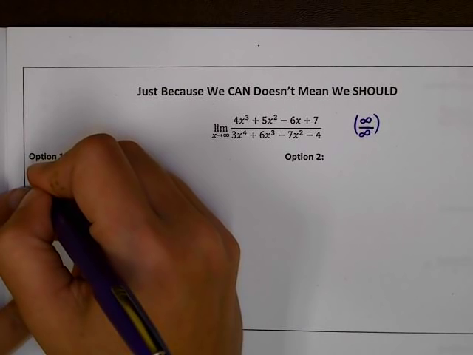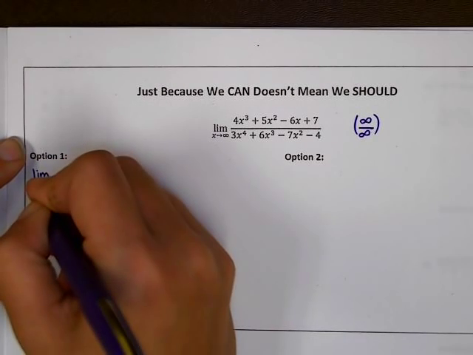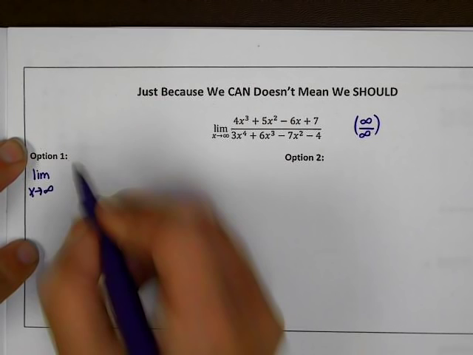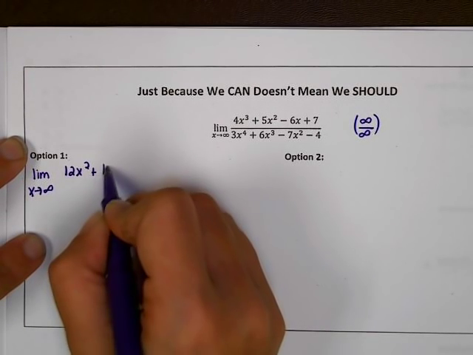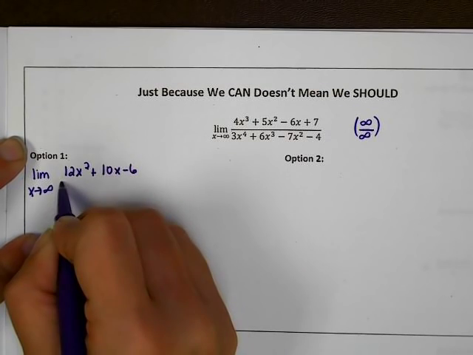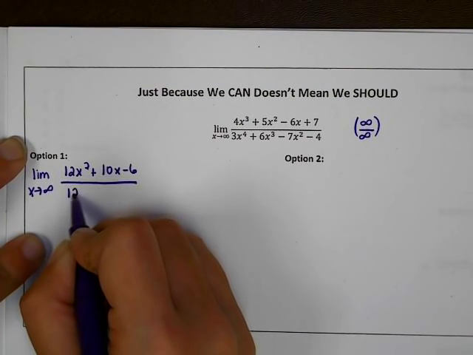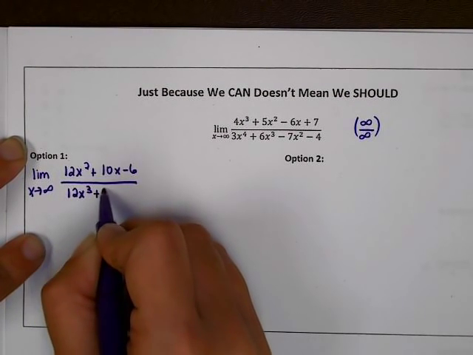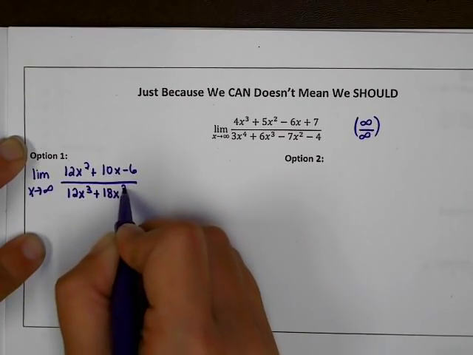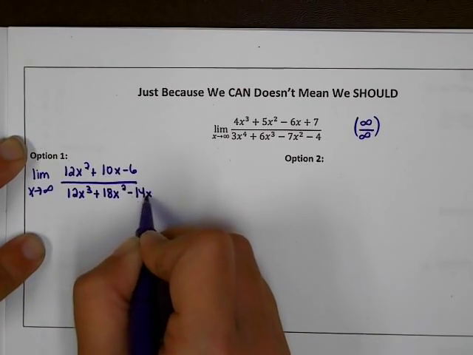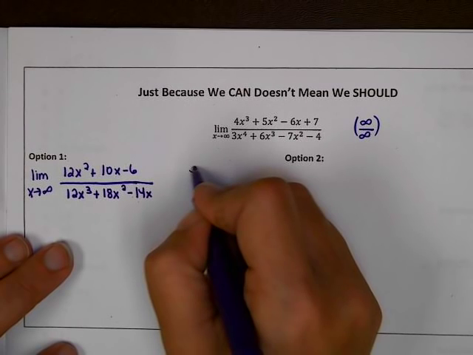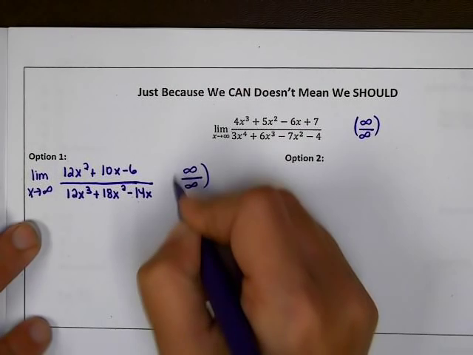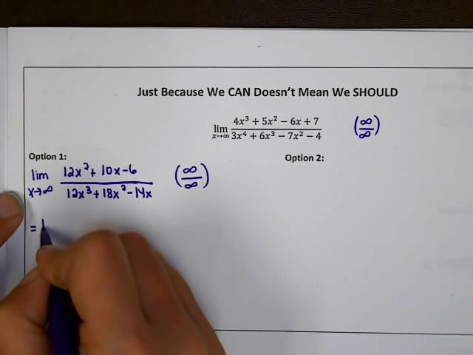To do that, you would take the derivative on the top, which would be 12x squared plus 10x minus 6 over 12x cubed plus 18x squared minus 14x. Now if you try plugging in infinity again, once again you would get infinity over infinity, so you would try L'Hopital's rule again,